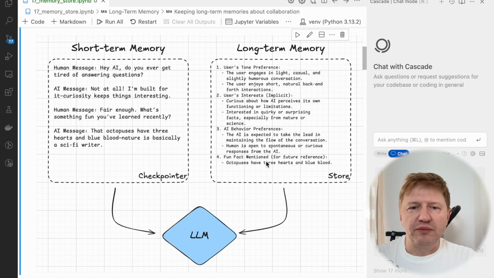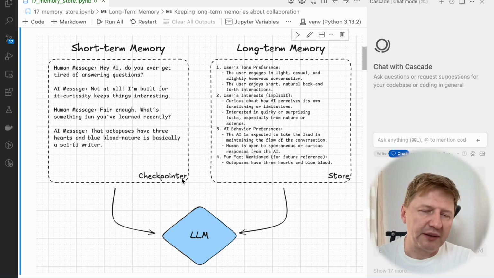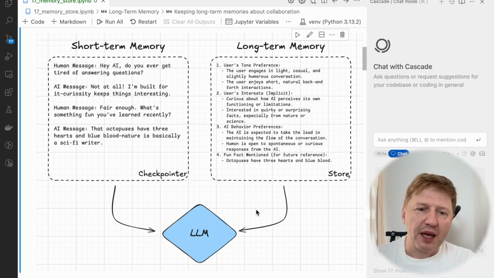And as noted here already, we have different concepts in LangGraph. For short-term memory, we have checkpointers, and we've been looking a lot into this concept, the way it's stored in the thread. We had the thread concept as well. And for long-term memory, it's a completely different type of object, and the name is store. So we can use both checkpointer and store together in the conversation to provide all this short and long-term memory. So this is the idea.